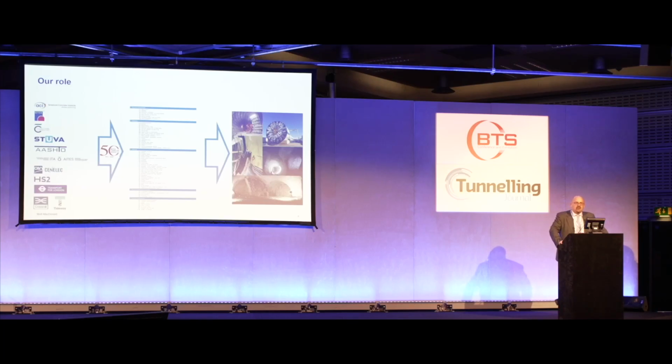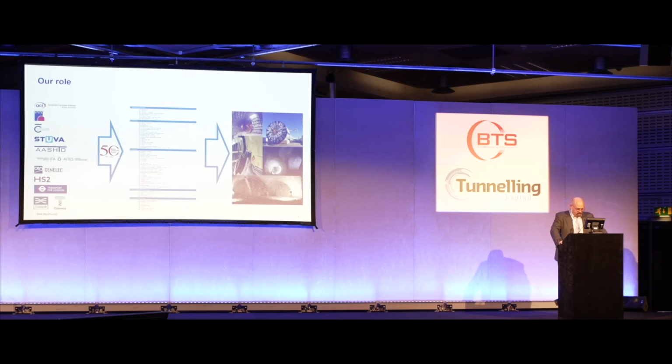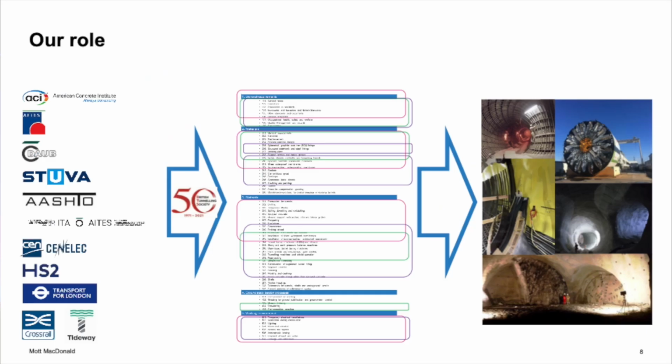We as a BTS, as an organization, and as our members, monitor guidance and evaluate best practice as it evolves, which we then distill, evaluate and consolidate into our BTS specification. The important aspect of this approach is that our BTS specification is actually quite comprehensive, and in this aspect it is relatively unique worldwide. I don't think we have a similar width of regulation in any other such industry standard specification, which makes the whole document very attractive as a one-stop shop